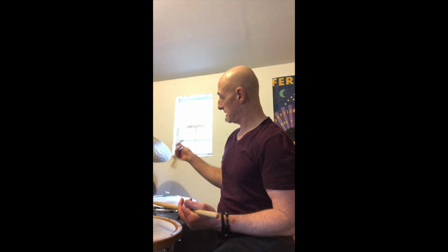And he would do it while playing triplets in his left hand against the ride cymbal. So playing this pattern, which is a very important pattern in playing jazz and other styles, where you're playing the second and third beats of the triplet in your left hand against this jazz ride pattern. So 1, 2,